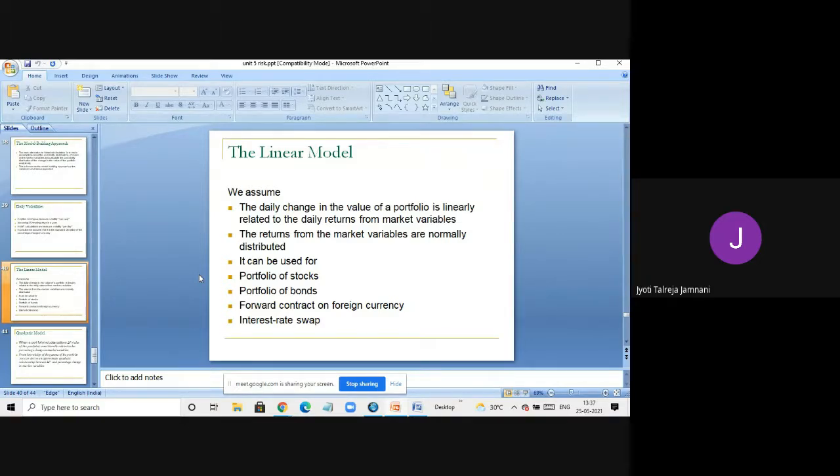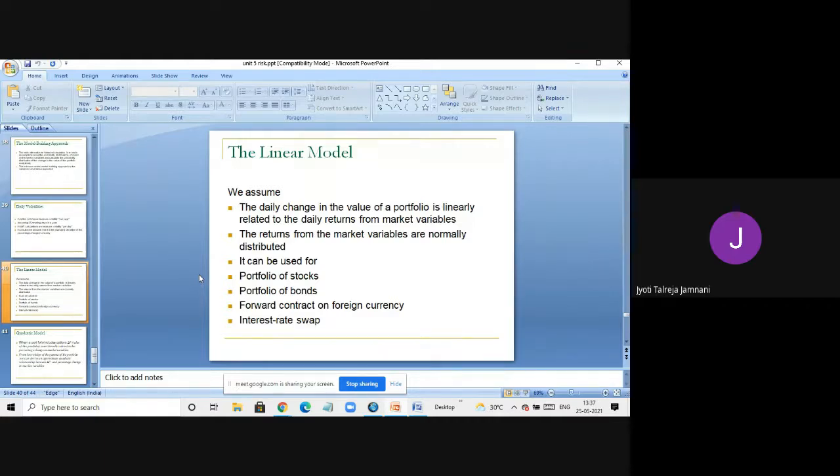There are different distributions you might have studied in statistics: binomial, Poisson, normal. So usually when we calculate value at risk, we assume that there is a normal probability distribution. The normal probability curve, I hope you know. At the center it is 0.5, and on one end it is minus, this side it is plus. So whatever is the value, it is distributed normally. So we use the normal distribution curve.